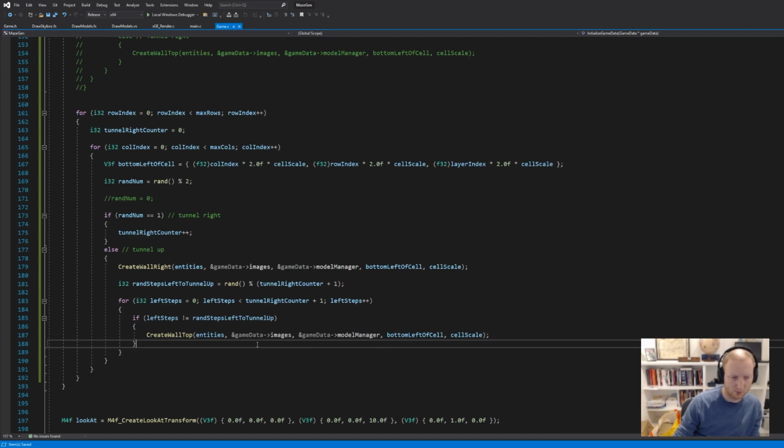Yeah, that's exactly logical. Now the issue is where to draw this, or where to create this wall. It's not the bottom left of the cell that we are looking at right now, but it's the bottom left of that cell minus the number of steps that you're making. So we need to subtract off, and so it's a v3f subtract,